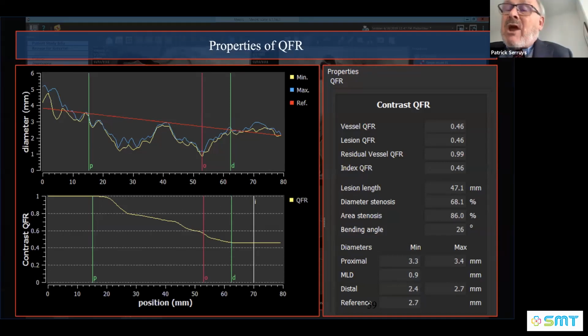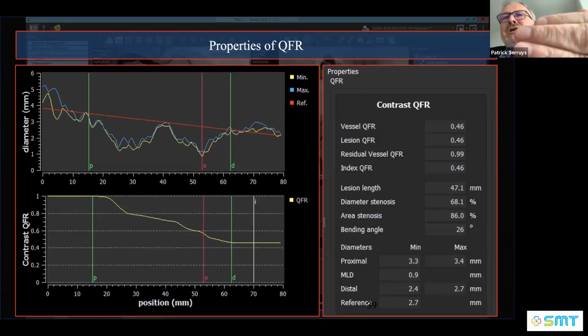Then you have the FFR CT, which is somewhat the father of the FFR QFR. I showed on my slide that it was there in 2010. And we came to, hey, can we do the same with the angiography in 2014? So I think that the multi-slice CT scan will be the first line of diagnosis. You may have an FFR CT.